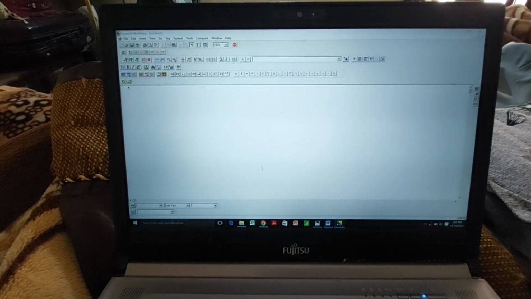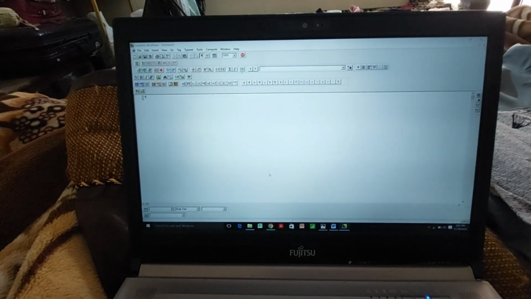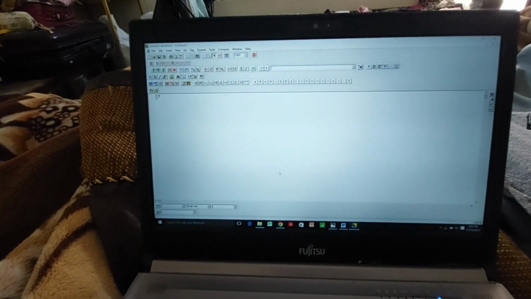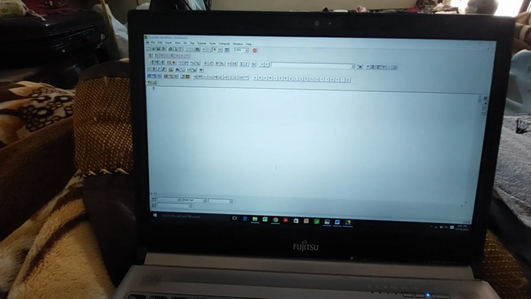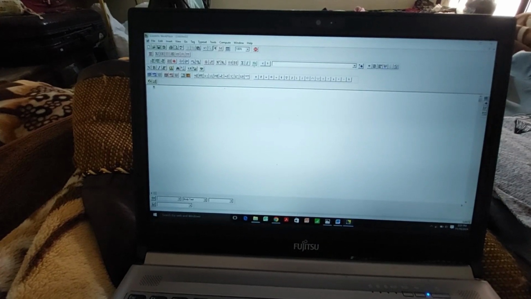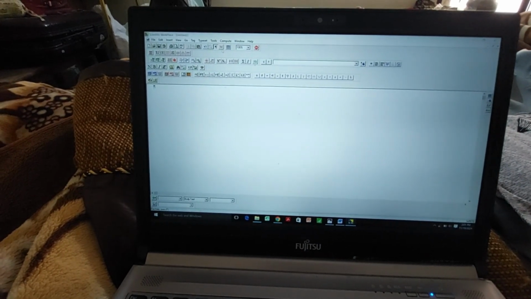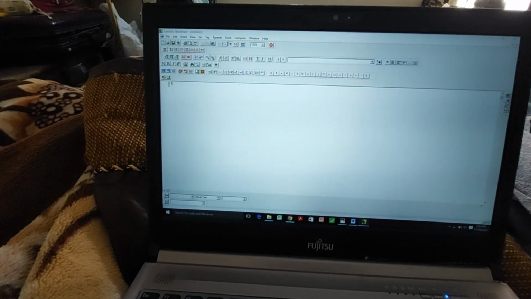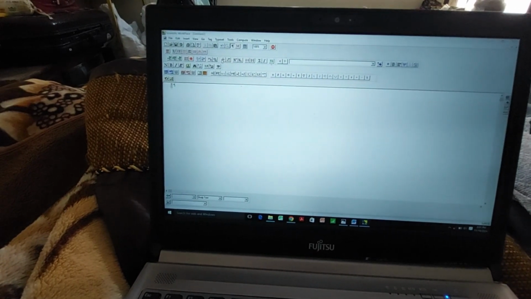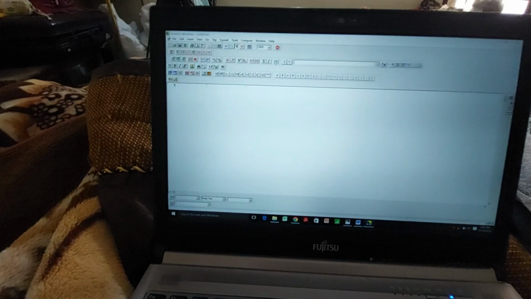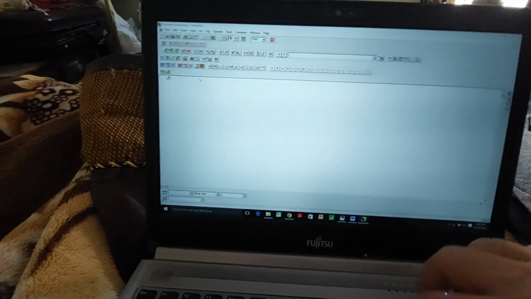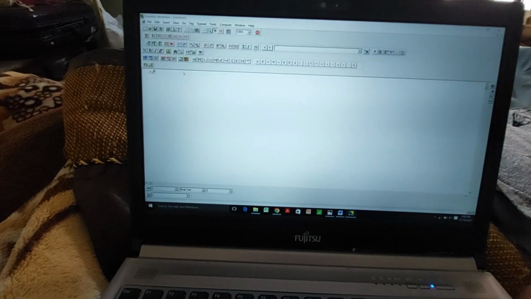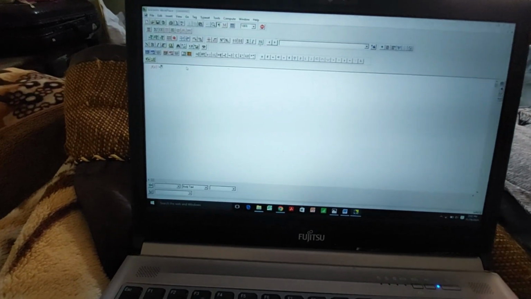Now this is the new definition, so I will write f of x is equal to,